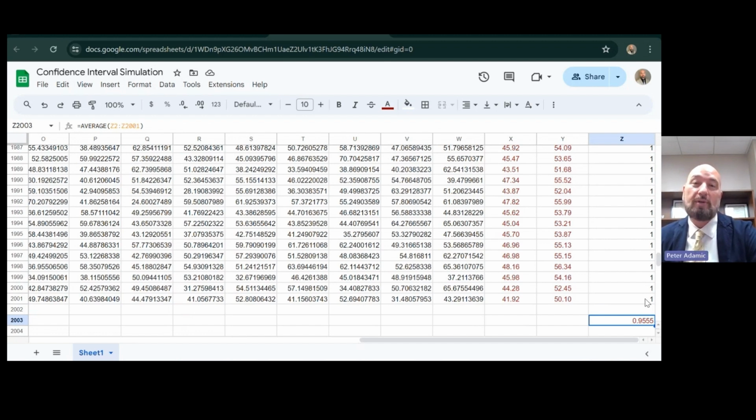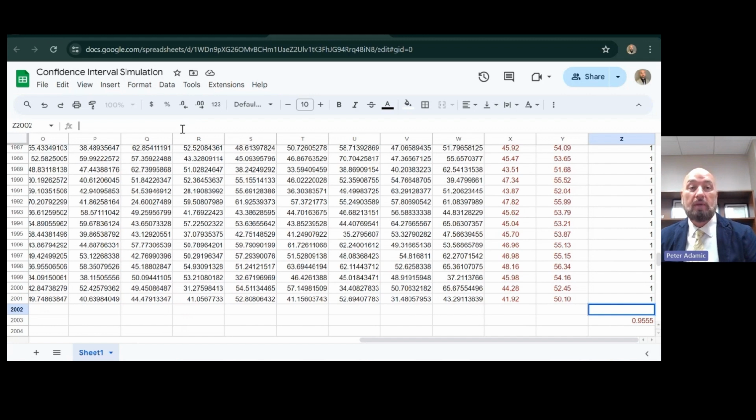And we know the true mu here in this case because we know that we're drawing from an artificially created population that has a known mean of 50 and a known standard deviation of 10. And it's also known to be normally distributed. So we know the exact attributes of the population that we're drawing from when we construct these confidence intervals. And what you'll notice is that we get in this simulation around 95%,